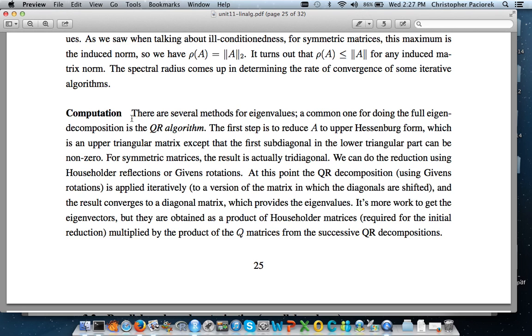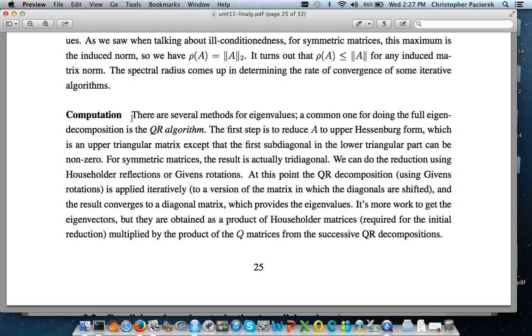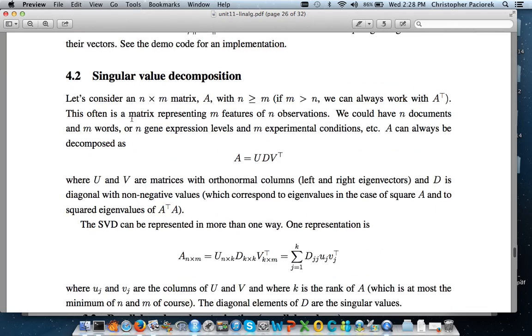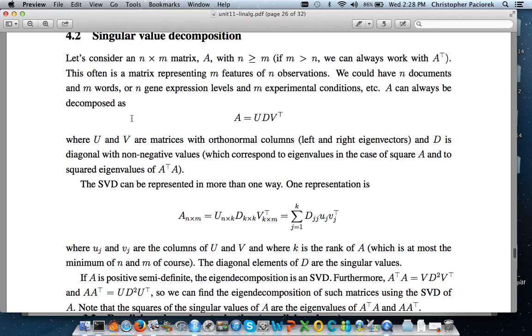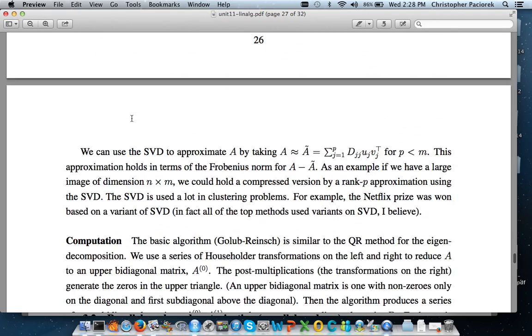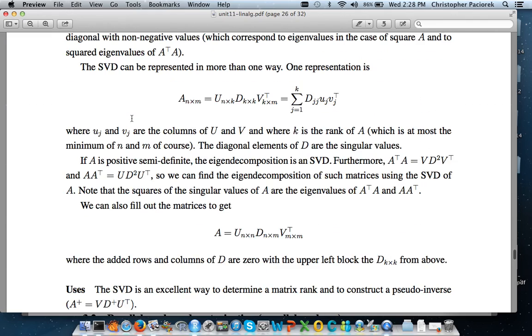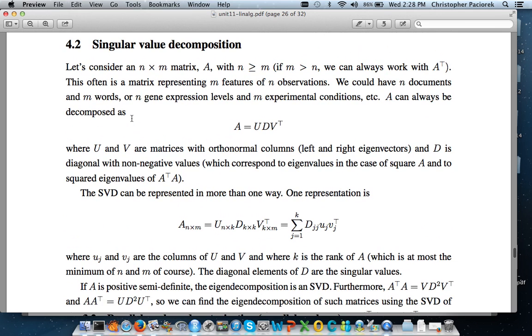But I thought the useful thing about just pointing this out is that the computations involved in that iterative algorithm are, at their core, things like Householder reflections and Givens rotations, which we've already seen and which you're now familiar with. And that's true both for the eigendecomposition and for the singular value decomposition, which I think I say something about here. Yeah. Okay, but I think maybe the more useful thing to talk about in terms of the SVD is